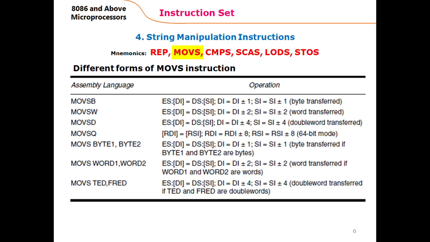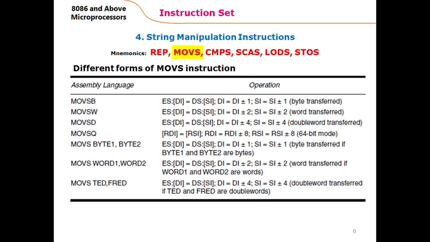There are different forms of MOVS instruction. These are the assembly language instructions, and here is an explanation of the operation that these instructions perform. So MOVSB, as we just discussed, is a string instruction that moves a single byte of data from the data segment memory location addressed by the source index register to the extra segment memory location addressed by DI, and after this transfer, DI and SI are incremented by 1 or